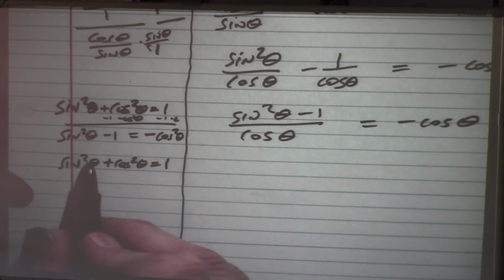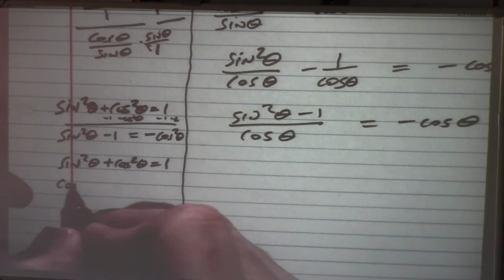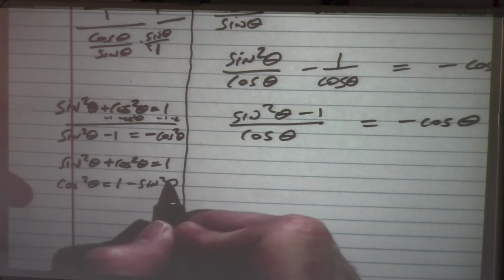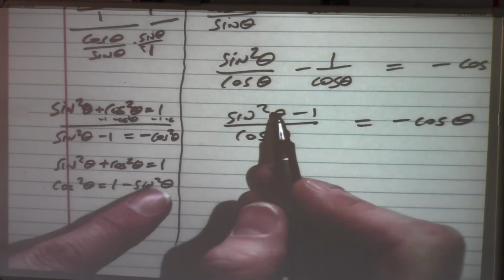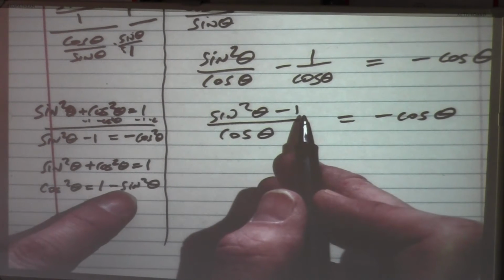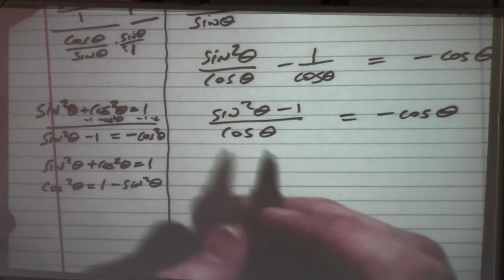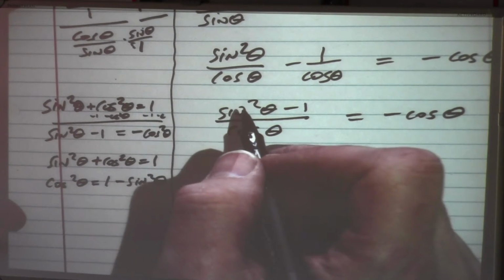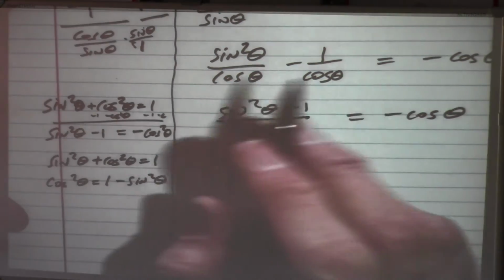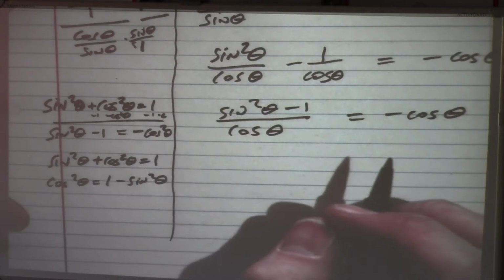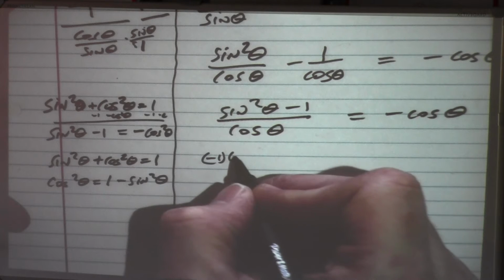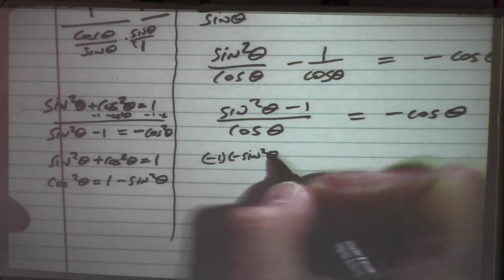I'm going to subtract sine squared theta and bring it over here. Cosine squared theta is equal to 1 minus sine squared theta. Well, that and this are almost the same, except they're not, because here the 1 is positive and here it's negative, and here the sine squared is negative and the sine squared is positive. But you are allowed to take out a negative 1 from both of these and take out a common factor of a negative 1. In other words, why don't we rewrite this as negative 1 times negative sine squared theta,